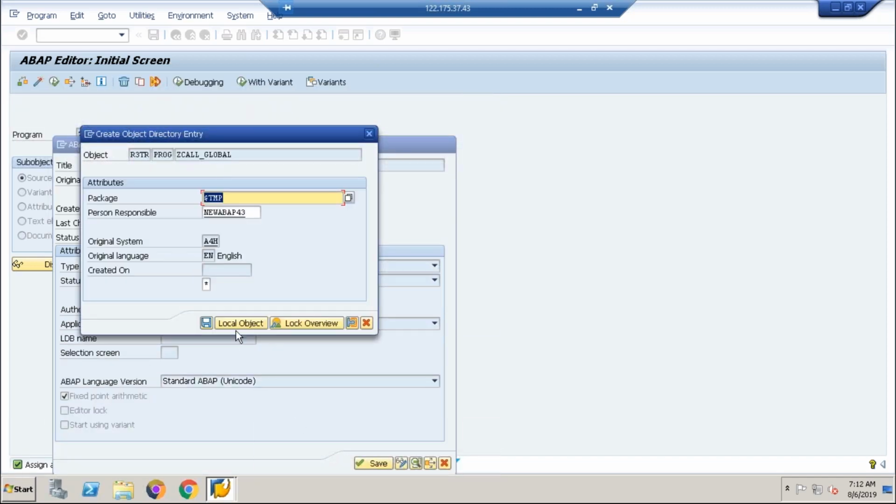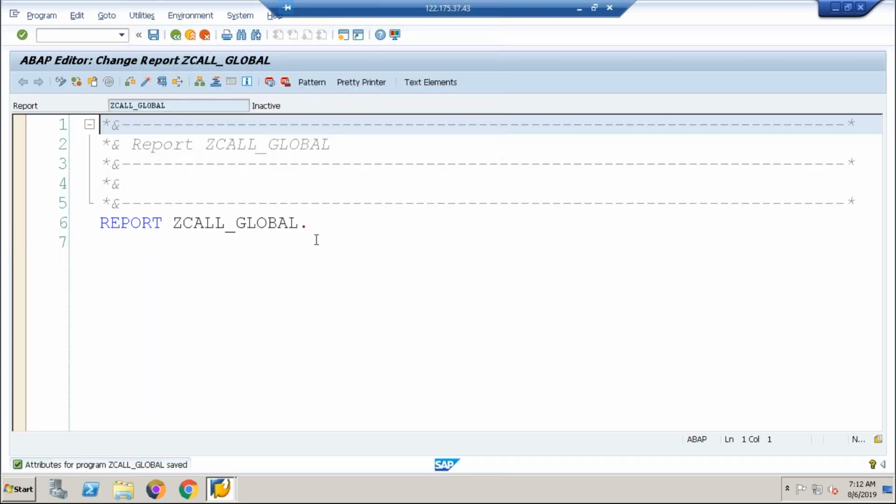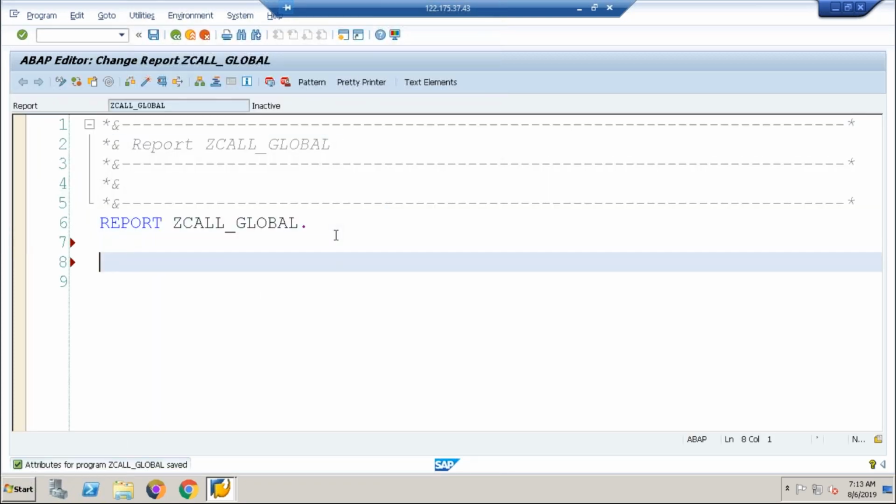Yes. Local object. Here you don't need to write start of selection, because we have no definition or implementation part here. Control goes directly to this place whenever you select execute. Just define your object.